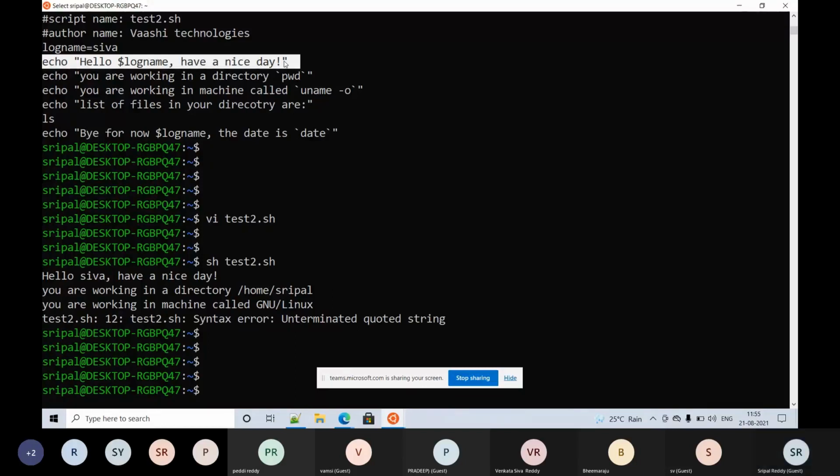Another major thing is cross-platform. In yesterday's session, you might have seen that I used double quotes to print certain things and single quotes to print certain things. It might execute in Red Hat and it might not execute in Ubuntu. Though Red Hat and Ubuntu belong to the same family, compatibility issues will still be there.